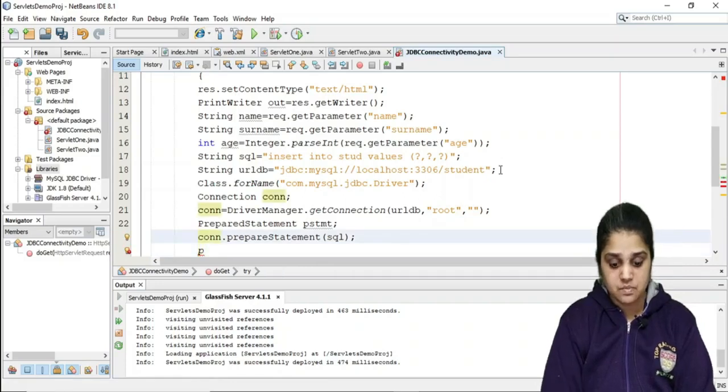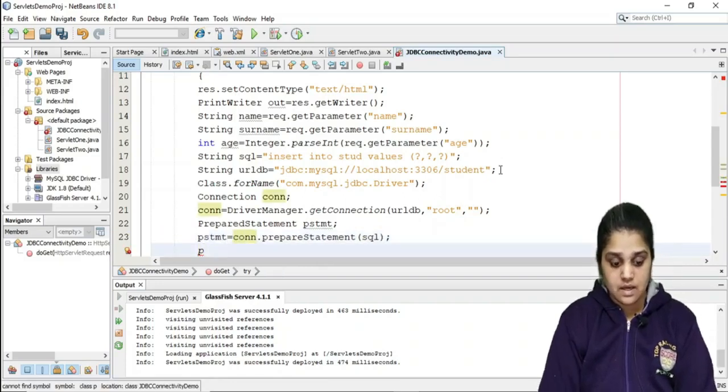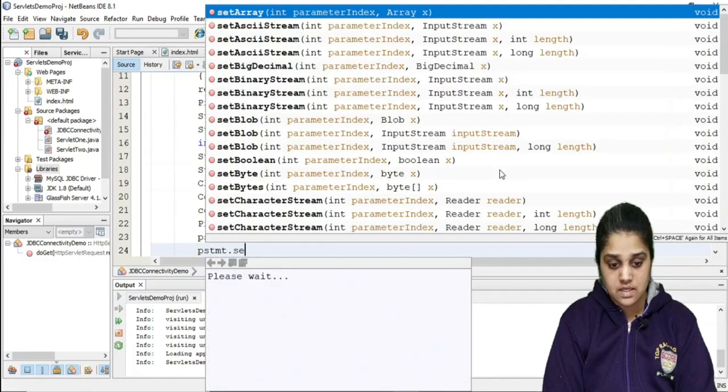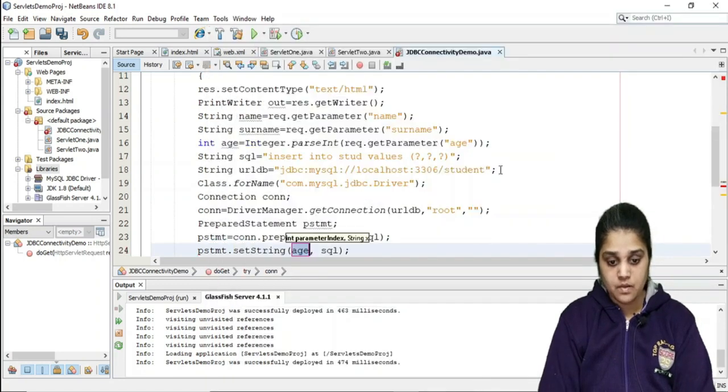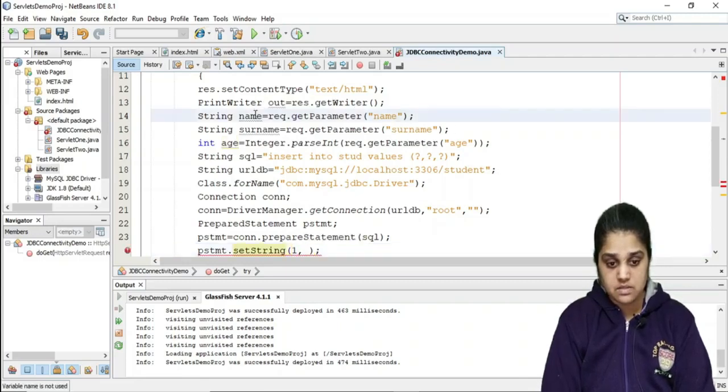It returns pstmt, and pstmt.setString. The first question mark we are going to set to name, that is this variable.